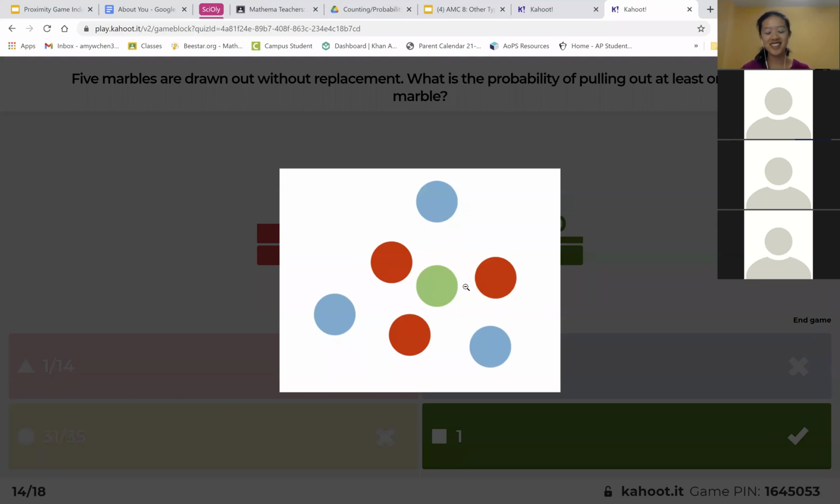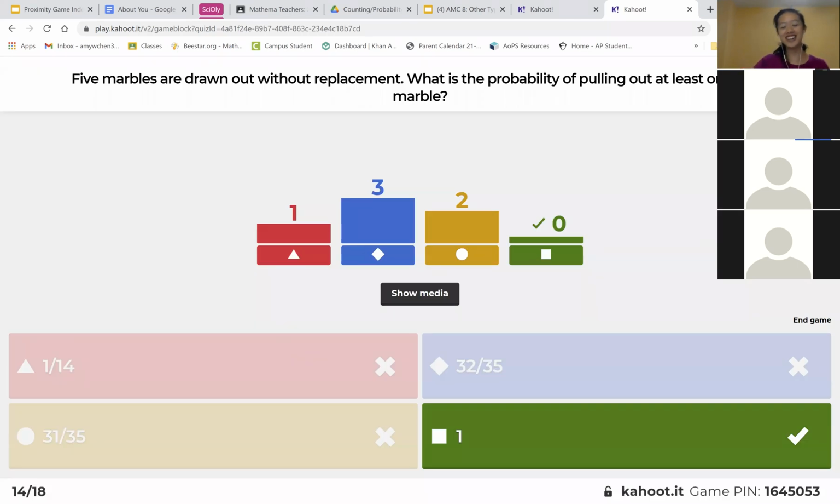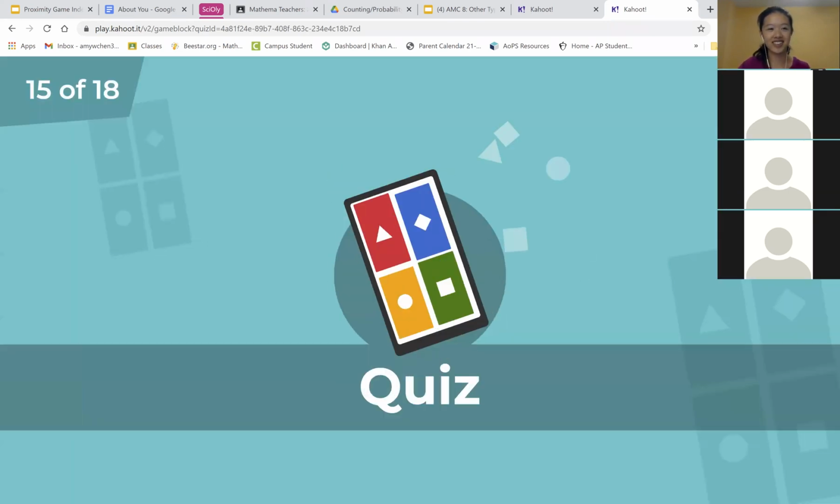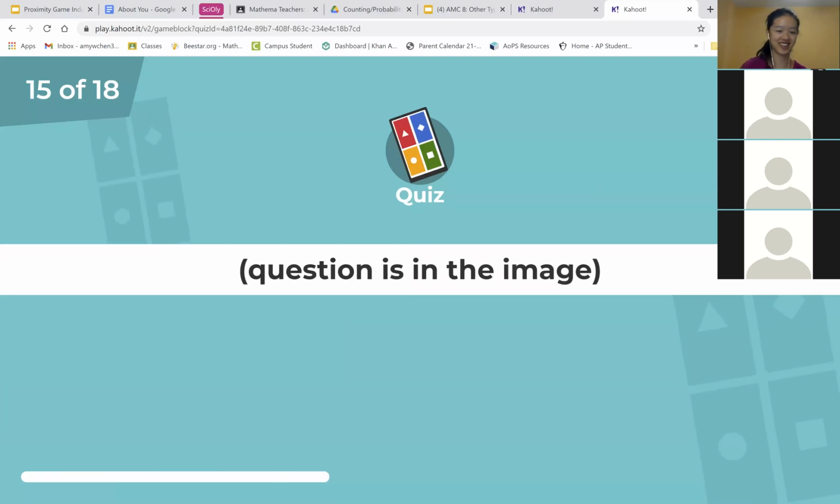Oh, this makes sense. Yeah, there's only 4 non-blue marbles. So if you pull out 5 marbles, one of them has to be blue. Yeah, sad, got you guys. I'm sad that you guys didn't get it right. Okay, but